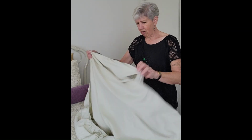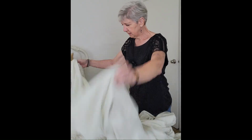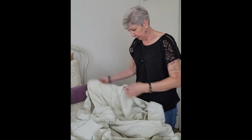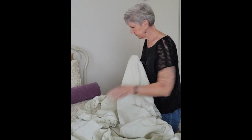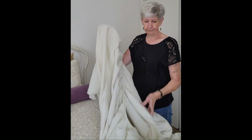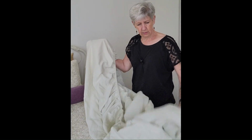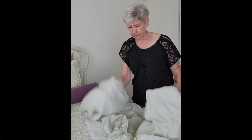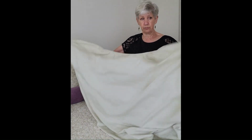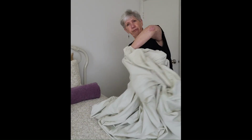This is really not that hard, and everybody acts like this is just such a tough thing. So I've got this so that the seams are to the inside, and it's really pretty simple. Put your hand in a corner, take the next opposing corner, and put them together like that. Then go to the other side, and you do the same thing. You put your hand in the corner, put your hand in the other corner. Okay, so you've got your corners. Now, bring your corners together, flip it over,